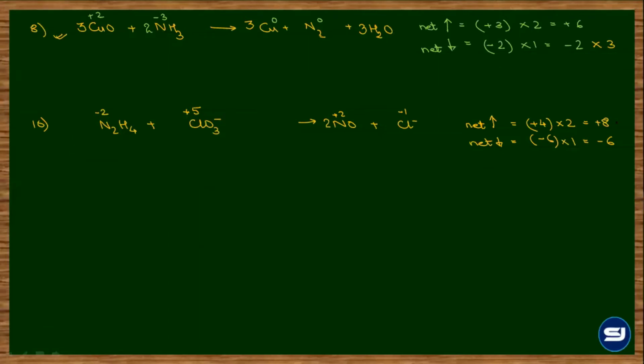Then 8 and 6 का LCM 24. So to get 24, 8 को मल्टीप्लाई करो 3 से, 6 को मल्टीप्लाई करो 4 से. ठीक है. So 8 वाला स्पीशीज है नाइट्रोजन, मल्टीप्लाई नाइट्रोजन स्पीशीज ऑन बोथ साइड्स बाय 3. अब जब इसको मल्टीप्लाई करोगे, ऑलरेडी देयर वाज अ कोएफिशिएंट ऑफ 2, सो दिस विल चेंज टू 6. अरे मल्टीप्लाई करना है, ऐड नहीं करना है. मल्टीप्लाई बाय 3 ना, सो 2 into 3 करेंगे, राइट? मिस्टेक नहीं करना वो. और फिर मल्टीप्लाई द क्लोरीन वाला स्पीशीज बाय 4.